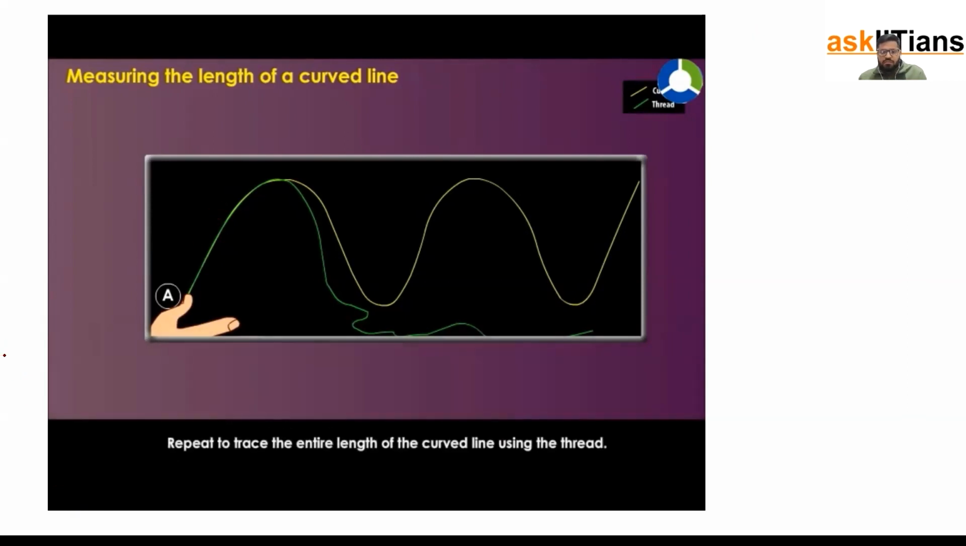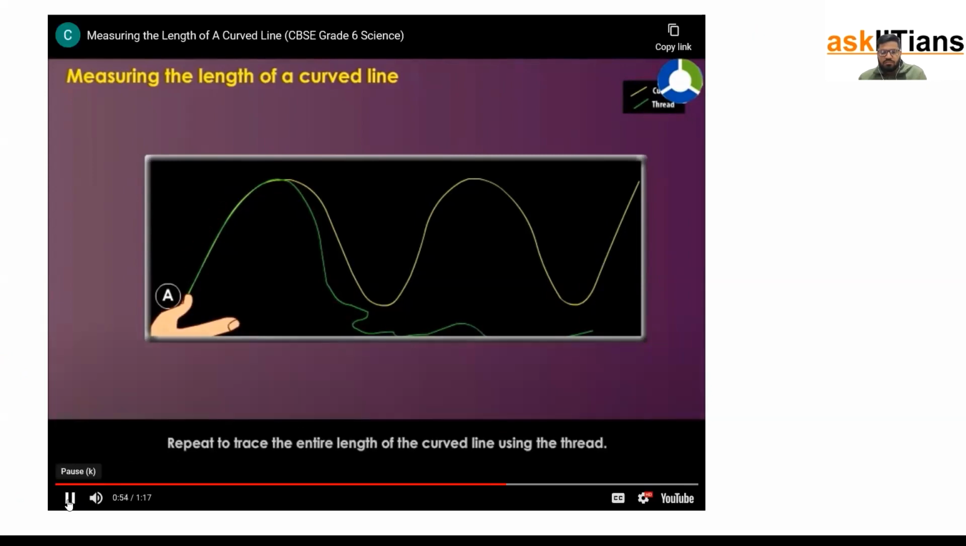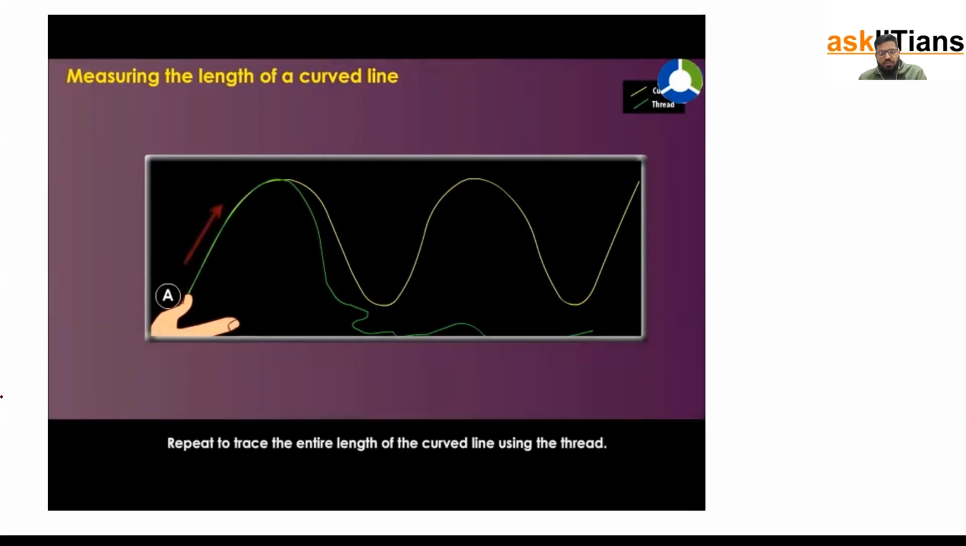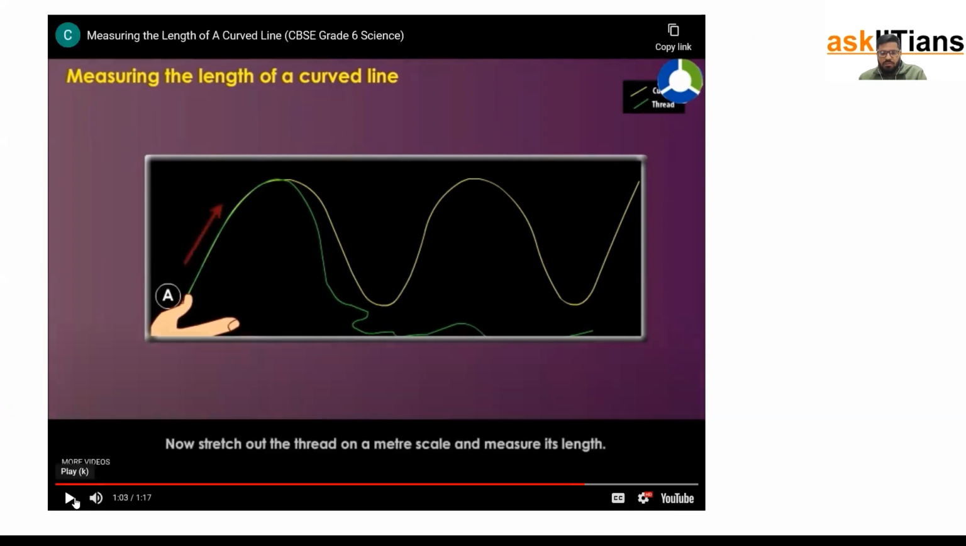Repeat to trace the entire length of the curved line using the thread. So now see, you have to repeat this process to trace the entire length of the curved line using a thread until you reach the end point of the curved line. Mark the thread where it touches the end of the line. So you have marked the end point where you have finished the curved line